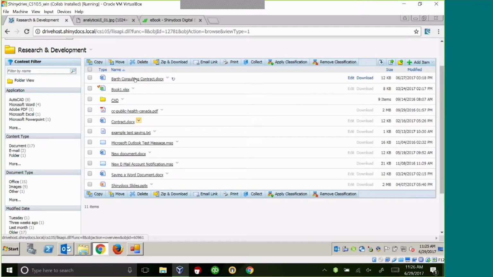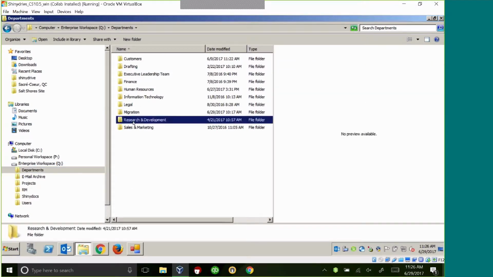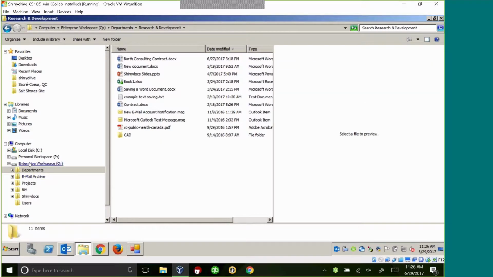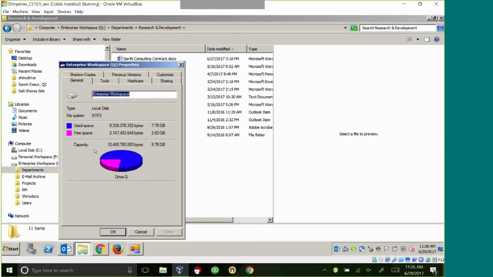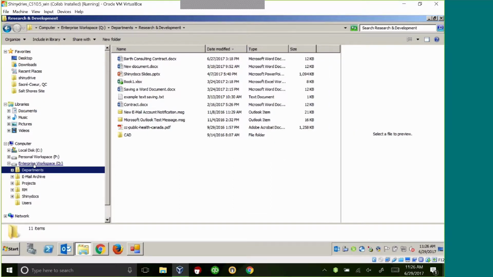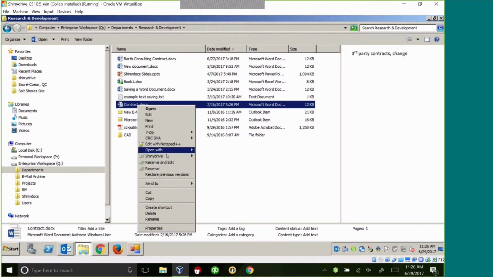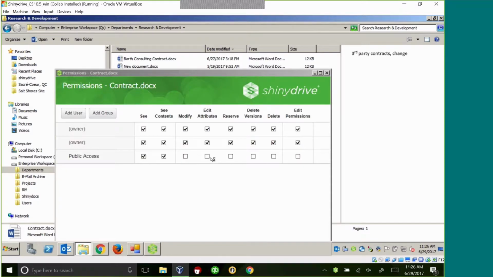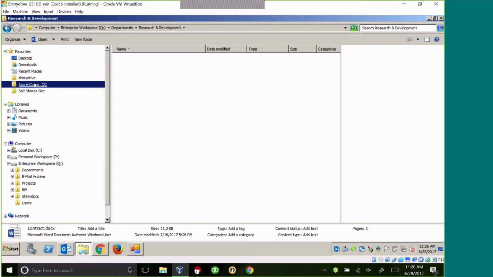But from a day-to-day document management perspective, it's really hard to beat the good old shared drive interface that's built into your operating system. If you have a look here, as far as the operating system is concerned, it's just another drive. But we know it happens to be, in real time, the enterprise workspace. We're different than typical enterprise sync and share tools because this can be your entire enterprise workspace. If this is 100 terabytes of data, this is all 100 terabytes of data available to your users, but the permissions are driven by Content Server. The categories and attributes are driven by Content Server.